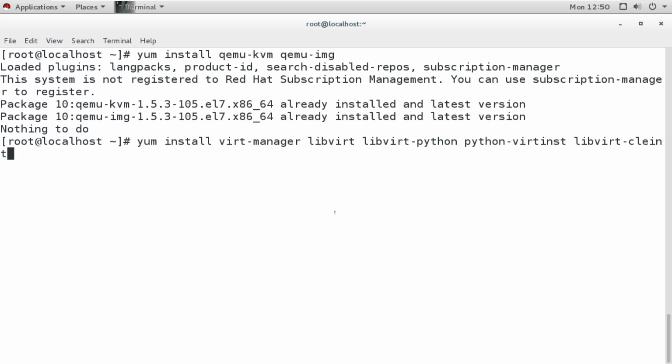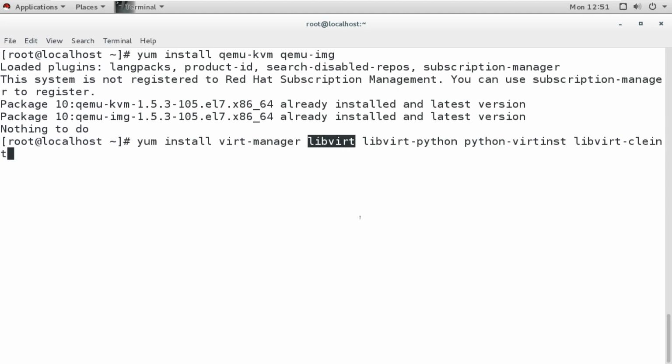Now what are these library files doing? First, this python-virtinst. What does it do? This provides the virt-install command for creating a virtual machine. So this one gives you the command for installing the virtual machine through the command line. Then the next one is libvirt.